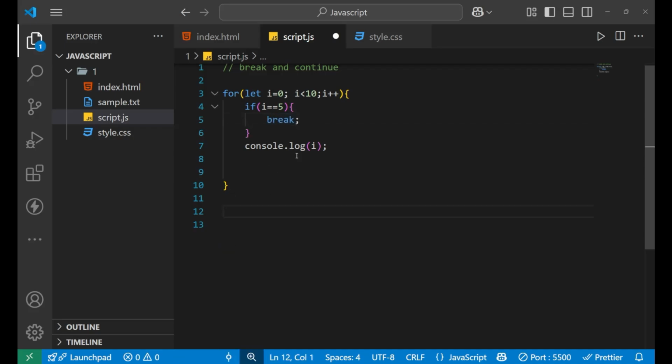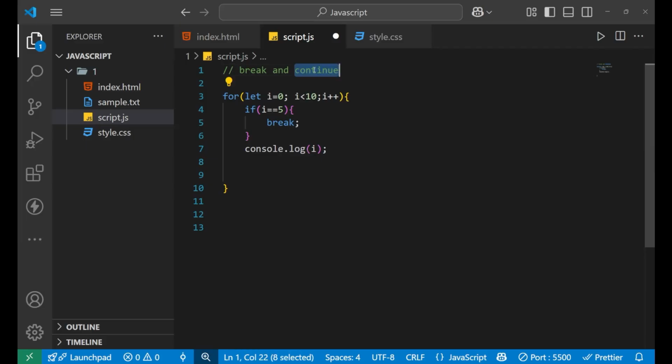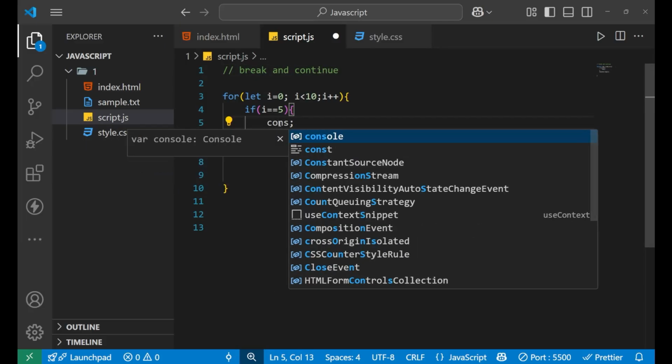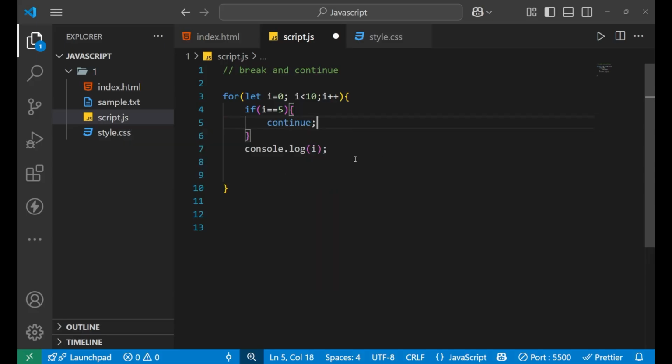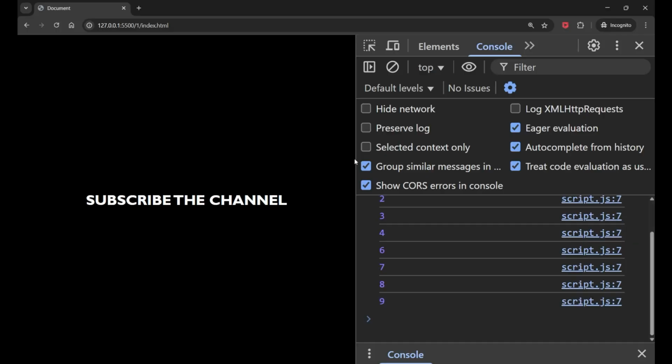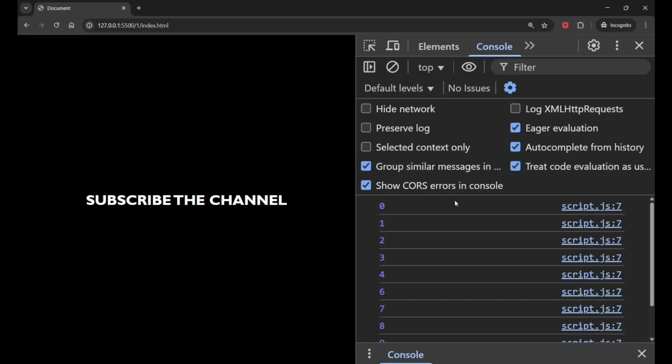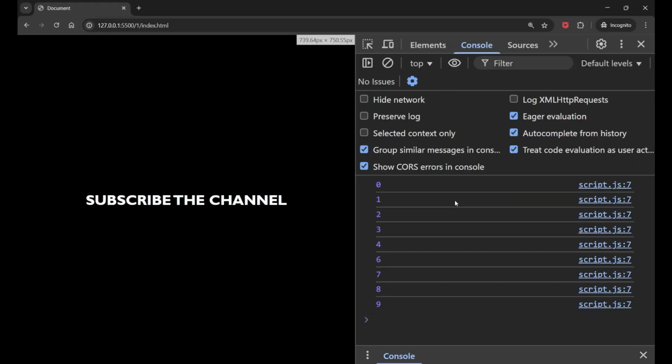Now let's see the same thing with continue. How does continue work? If I write continue here instead of using break, what will happen? Let's check. You can see I'm getting a lot of values here. But one thing you need to notice is that it is 0 1 2 3 4, and then suddenly it went to 6 7 8 and 9.